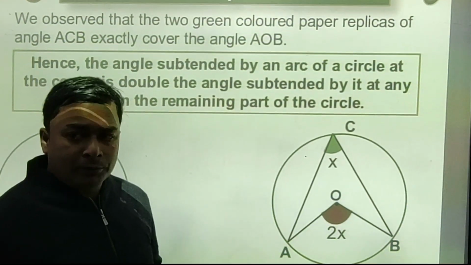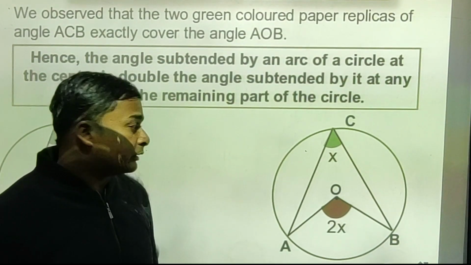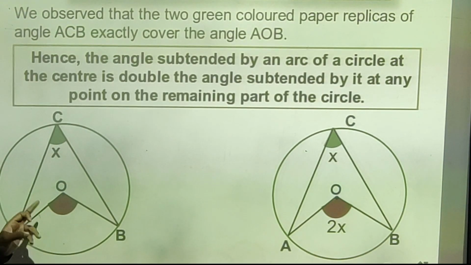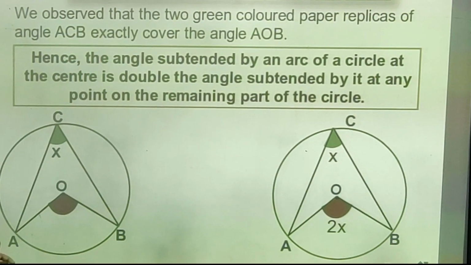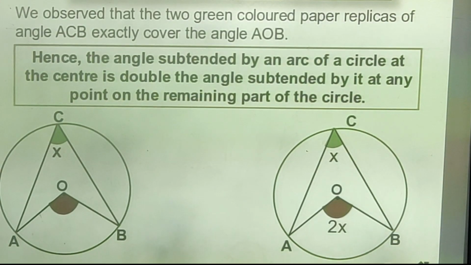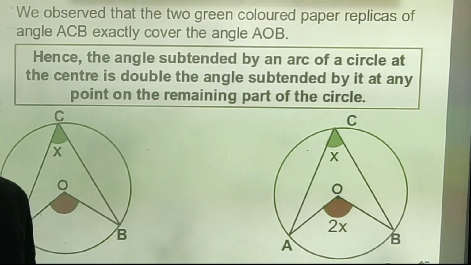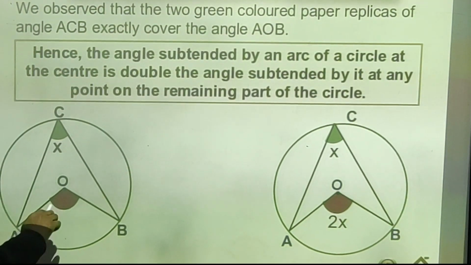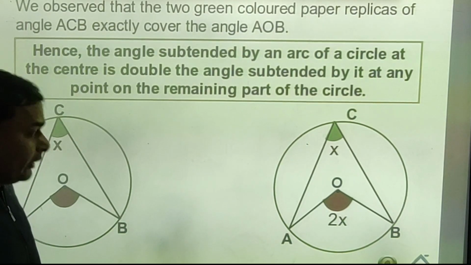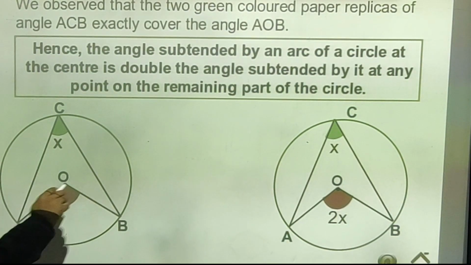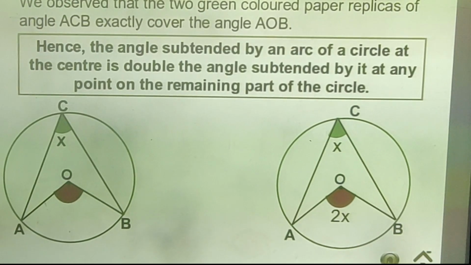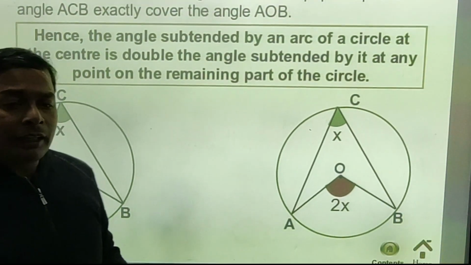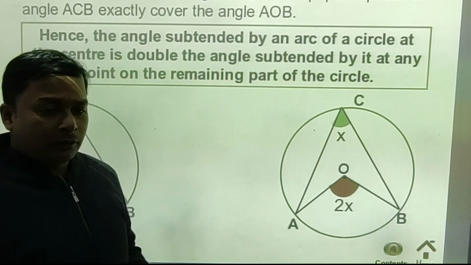This is a segment of theorems which we have already done in the previous classes. In this you can see that there is a circle in which arc AB is there. If arc AB is there, there is an angle subtended at the center that is called AOB. AOB is the angle subtended at the center, and angle ACB is the angle subtended on the circle. This angle can also be known as the angle found in the segment.